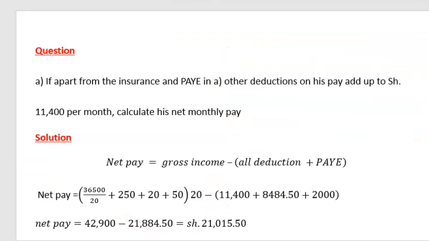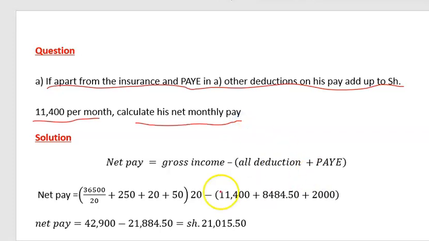Now, the last question was actually asking that if apart from the insurance and the pay, other deductions on his pay add up to shillings 11,400 per month, calculate his net monthly pay. Remember, the net monthly pay is actually the gross income minus all deductions, including the payee. And therefore, the net pay will be